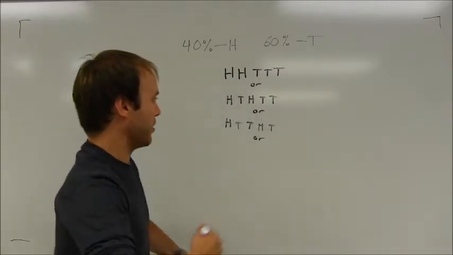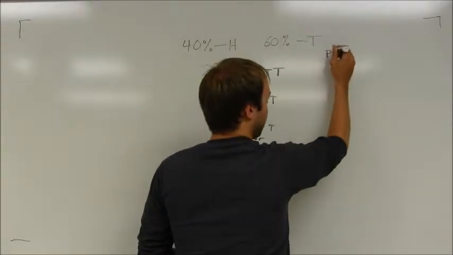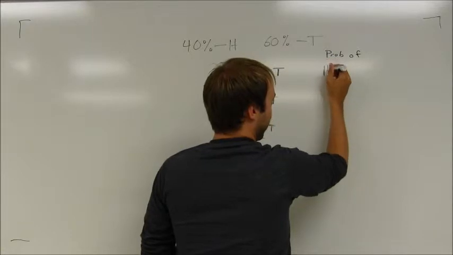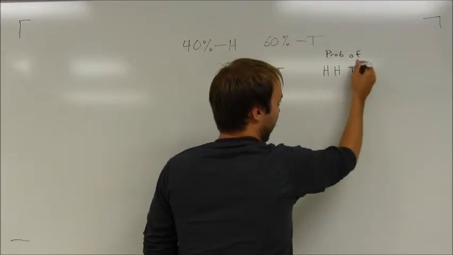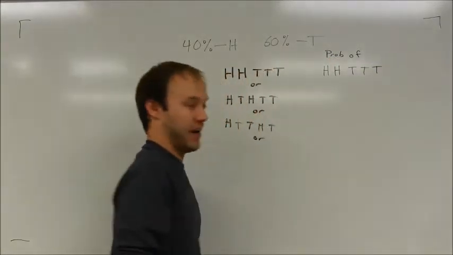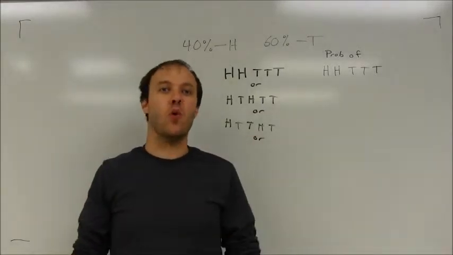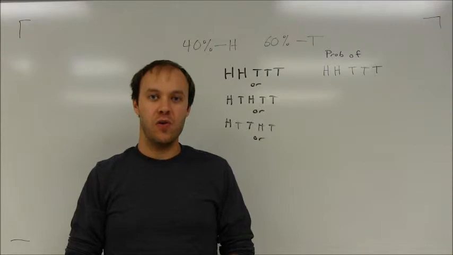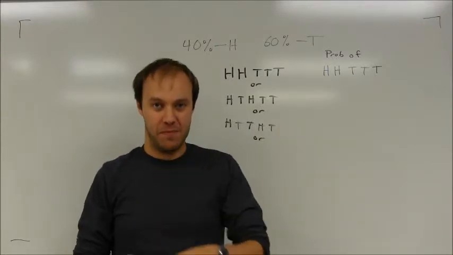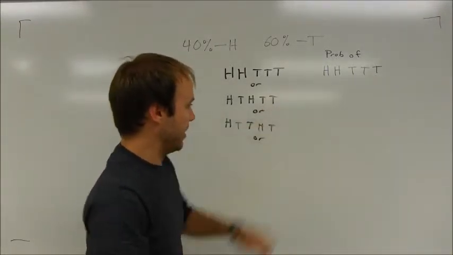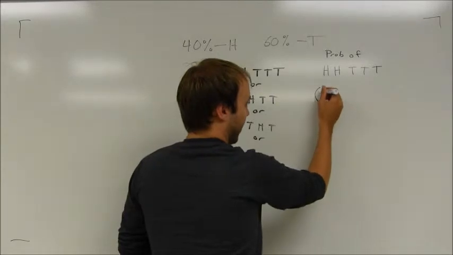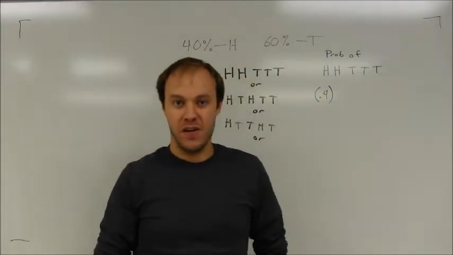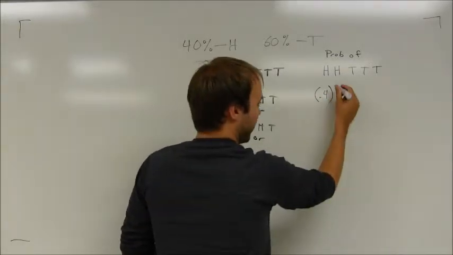I'm going to find the probability of flipping 2 heads followed by 3 tails. I'm just going to ignore the other possibilities for the moment. So there are actually 5 different events that have to happen here. There's a 40% chance of flipping heads on the first flip. There's a 40% chance,